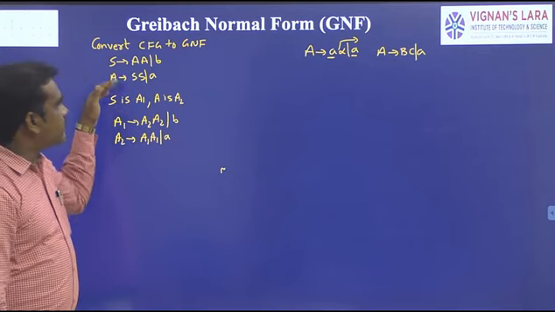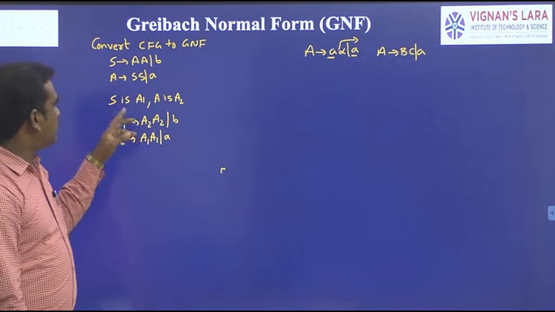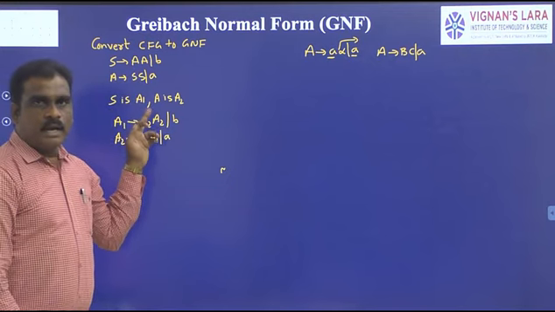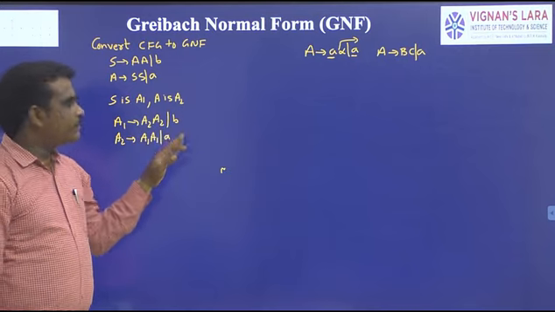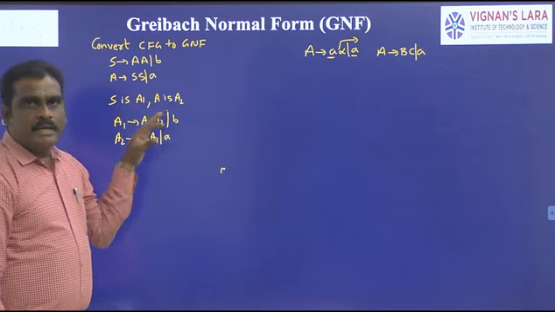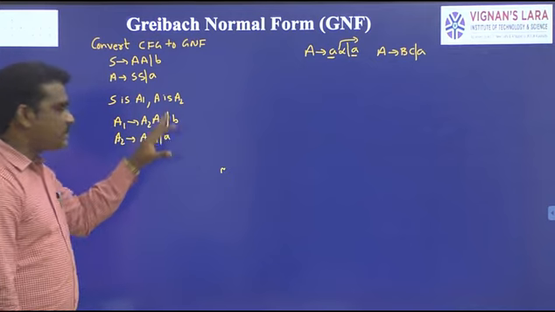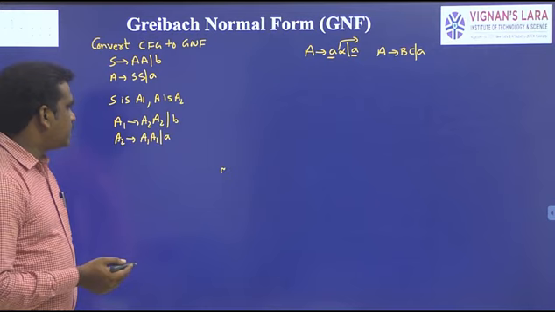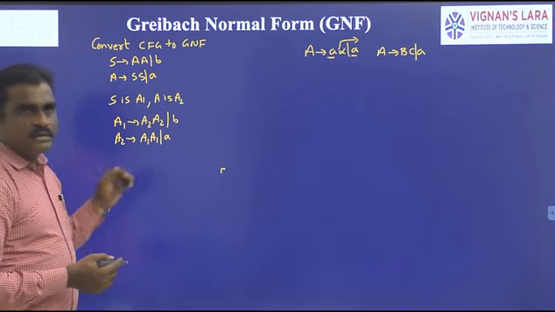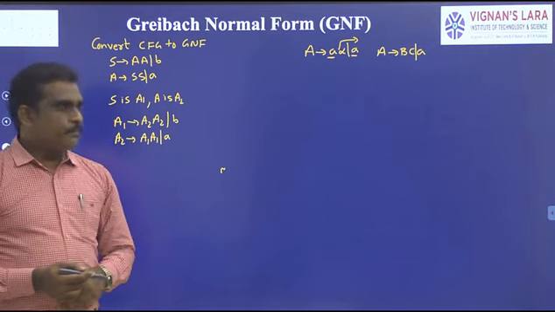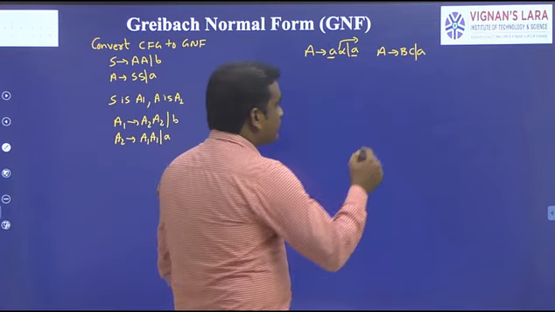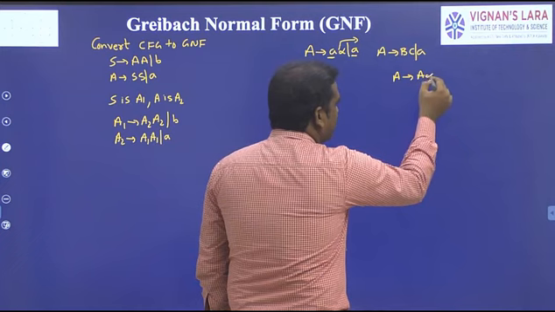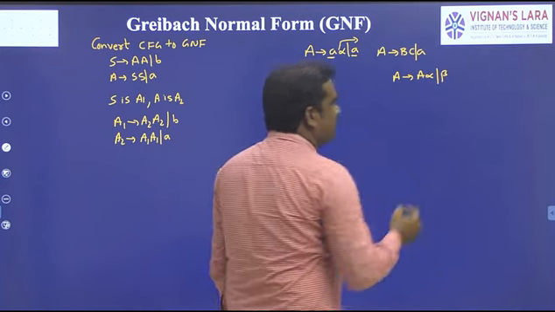Next, the grammar is converted into suffix form. We have a total of 2 non-terminals. The first non-terminal is replaced with A1 and the second non-terminal is replaced with A2. After rewriting the productions in terms of A1 and A2, the grammar looks like this. Now apply the rule. This grammar is converted into left recursion form. What is meant by left recursion form? The production is of the form A2 goes to A2 alpha or beta. It is a left recursion form.